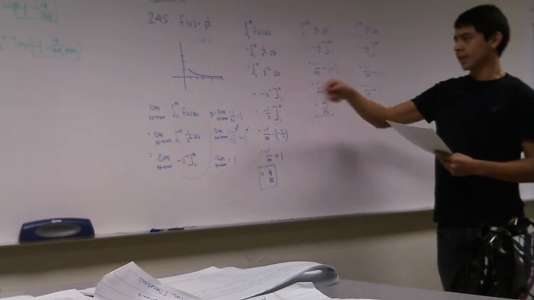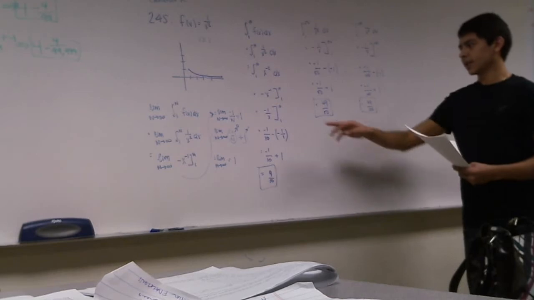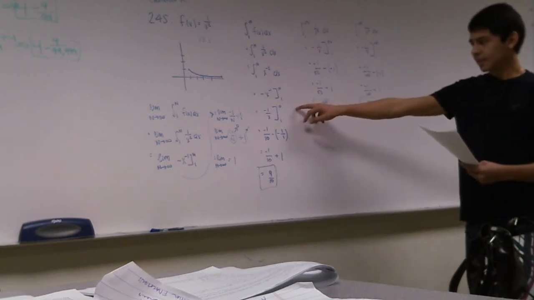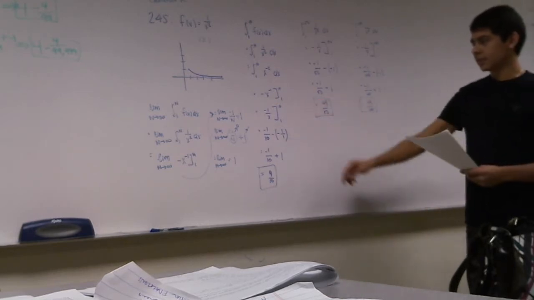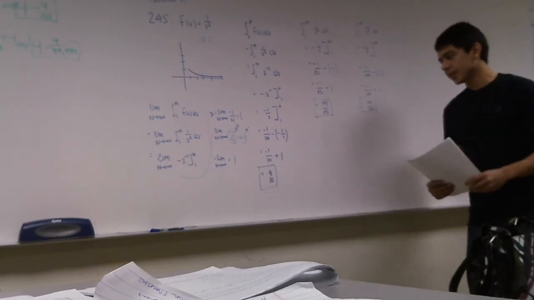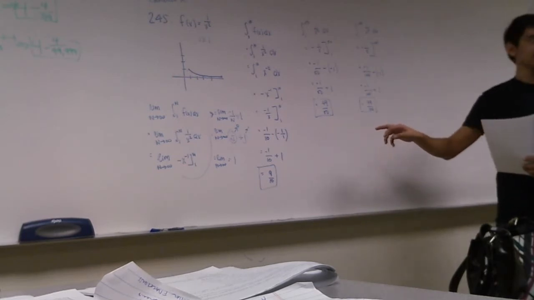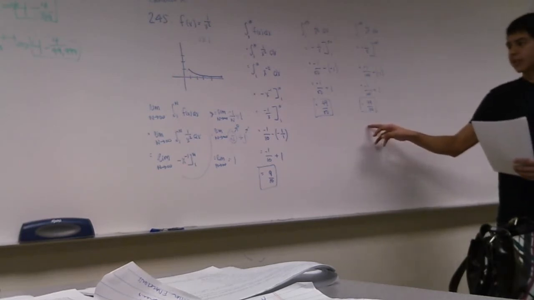I got negative x to the negative 1, which is negative 1 over x. So then I went ahead and evaluated. So I had negative 1 over 10 minus a negative 1, which ends up adding 1. So each time I evaluated it, it was always close to 1, which means that,